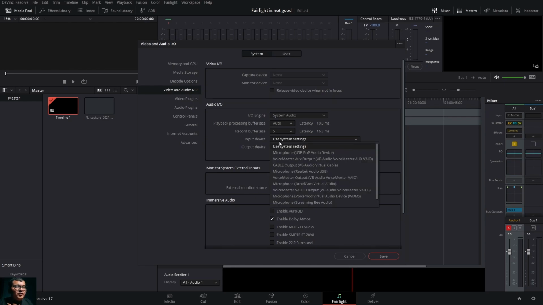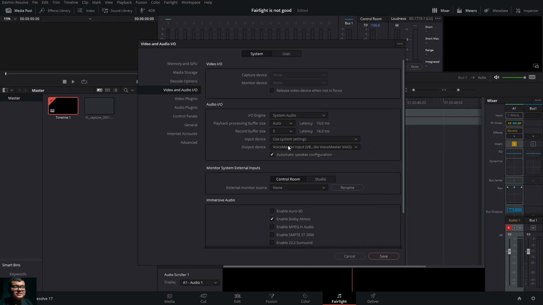Input device and output device, make sure they are your speakers or whatever interface you have. So this one is wrong. I don't have Voicemeeter currently running in the background, I can't hear anything from there. So select your proper device.